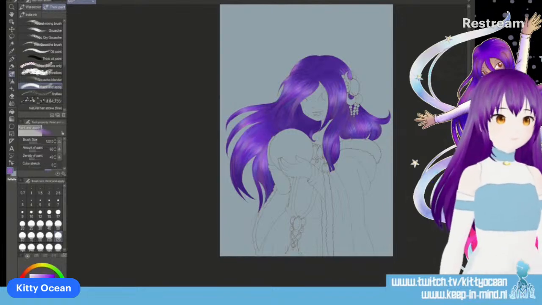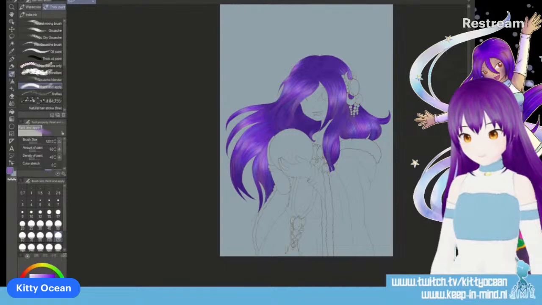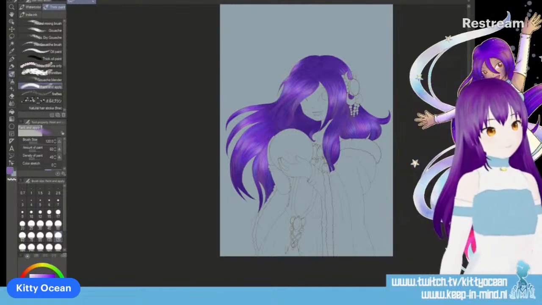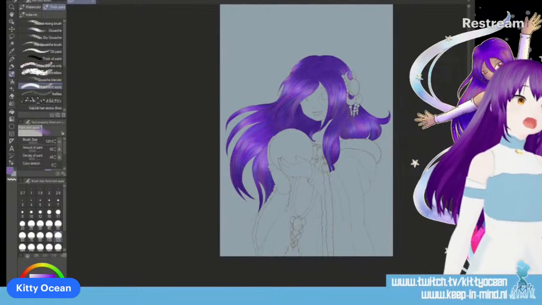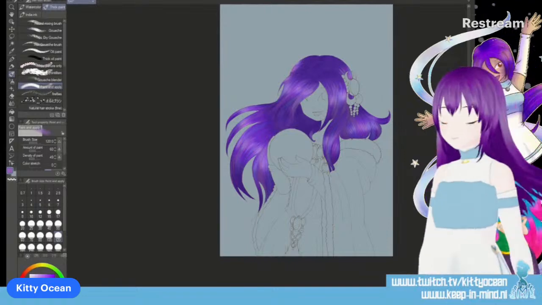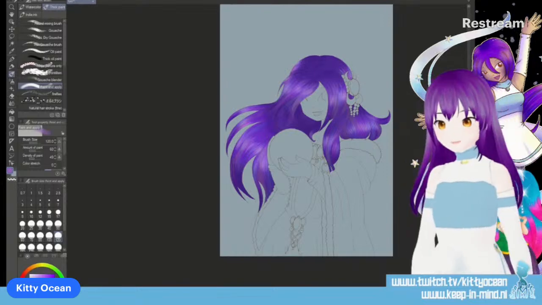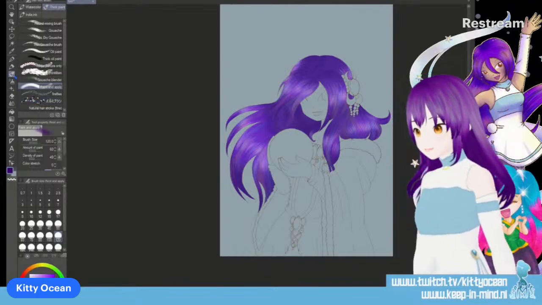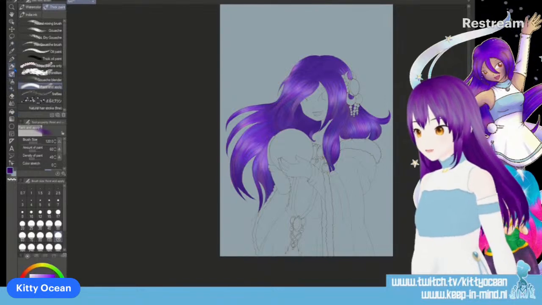Overlay. I like that better. It makes it a bit more brighter. And another shade. The darkest shade. Okay. Sleep well.